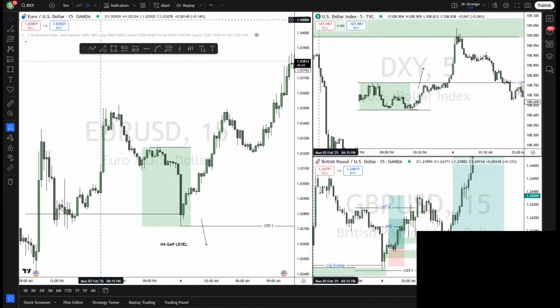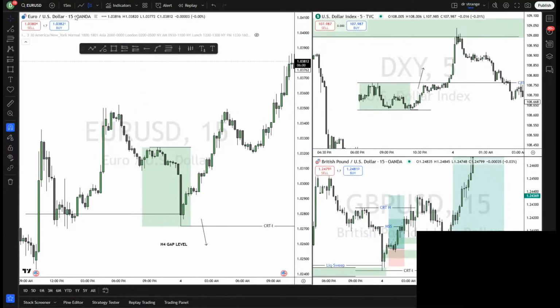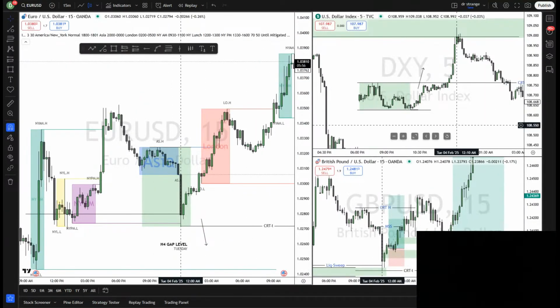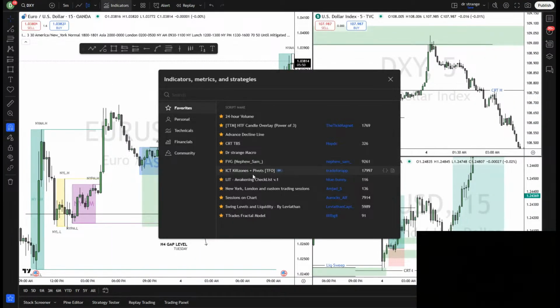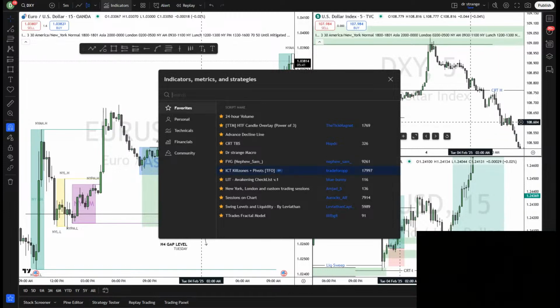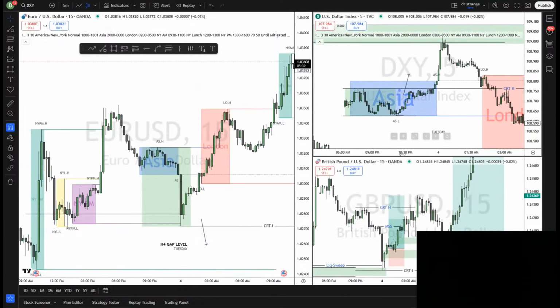So yes, most of us who are following session-based liquidity, we did not get a chance to take the trade because majorly the pairs did the same thing. Each pair took out the Asia highs and Asia lows, but we had session-based liquidity. So that's one thing we need to add into our trading. Next time it happens, I am not going to miss this trade again.